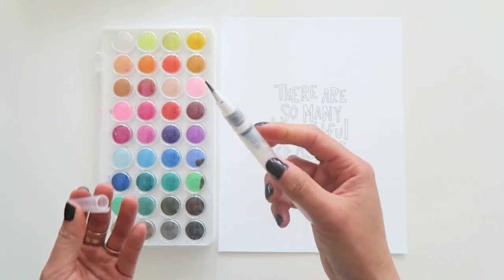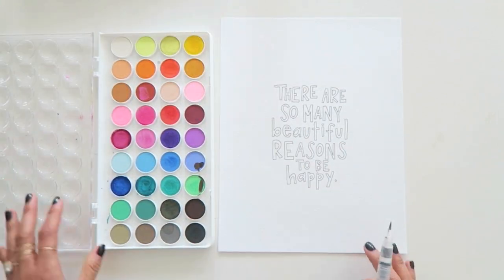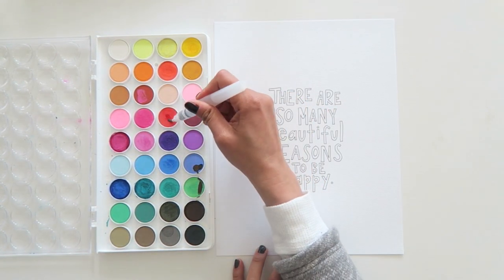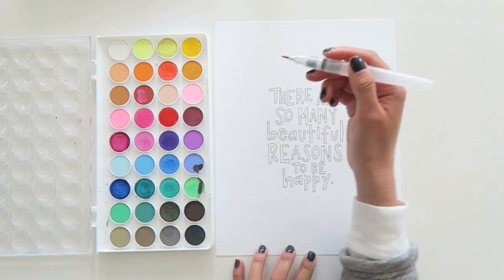And then this is actually the detail or tip. I love how pointed and fine the brush is. I'm taking this set of watercolors by Artist Loft. It's from Michaels. It's my favorite set of watercolors to use because there's so many different colors and also because